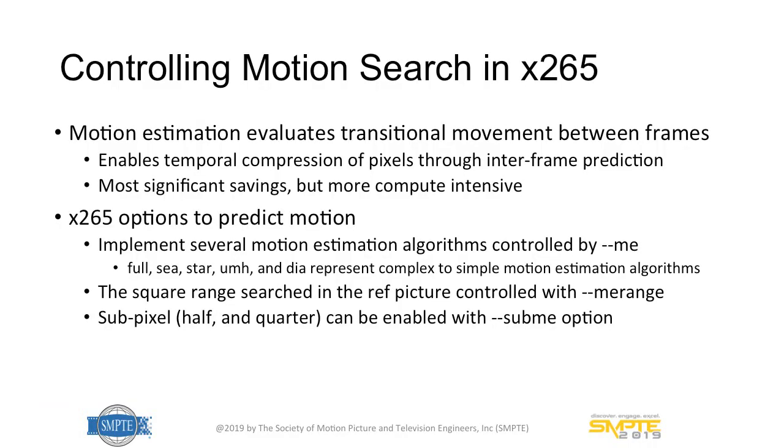features that are implemented is to control how much motion search you do. So motion search or motion estimation is very, very important for video because that is really what enables the highest percentage of compression that you can get from video. But it is also the most compute intensive component. So it's a really traditional trade-off, performance versus complexity. The more motion search you do, the better compression you're going to get.